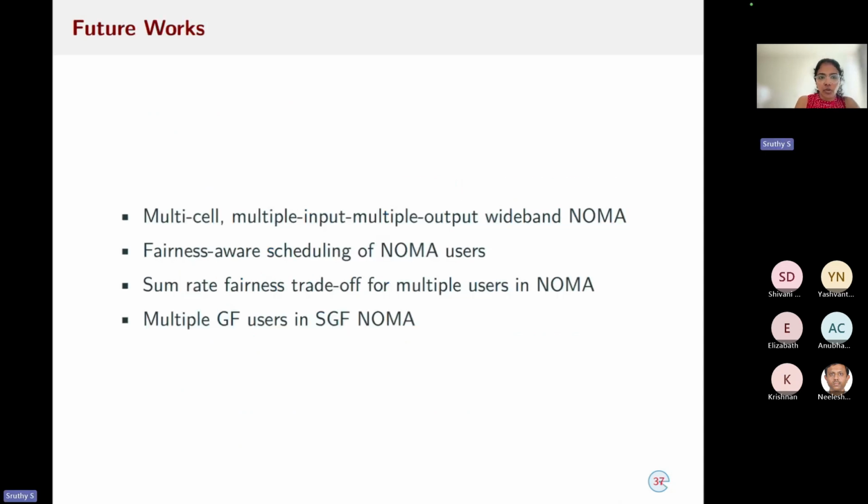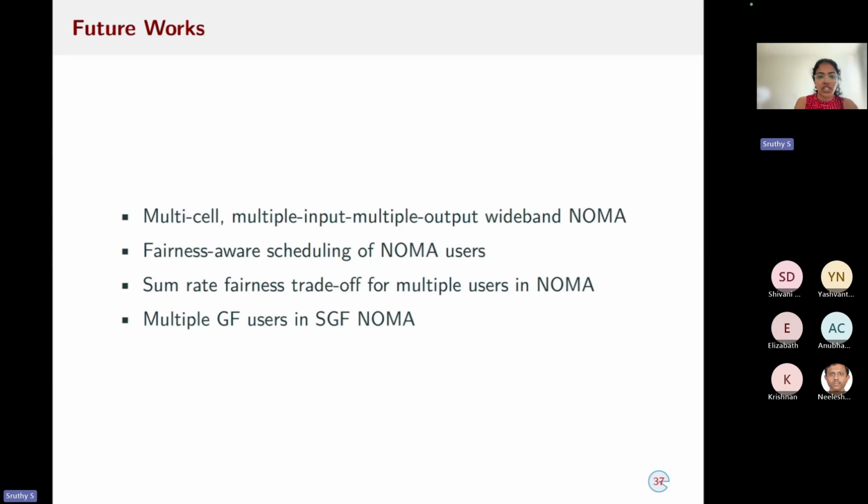Now, to discuss a few future research directions. In this thesis, we have considered a single-cell, single-input, single-output wideband NOMA system. We can also consider multi-cell, multiple-input, multiple-output wideband NOMA systems, in which we have to deal with more interference. And except for semi-grant-free NOMA, we have considered already scheduled NOMA users. But how to have fairness-aware scheduling for these NOMA users? That can be